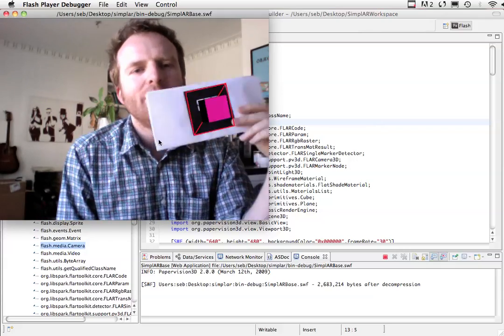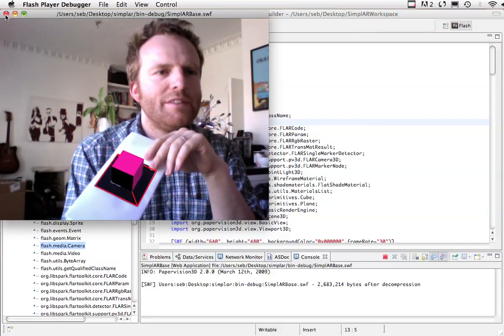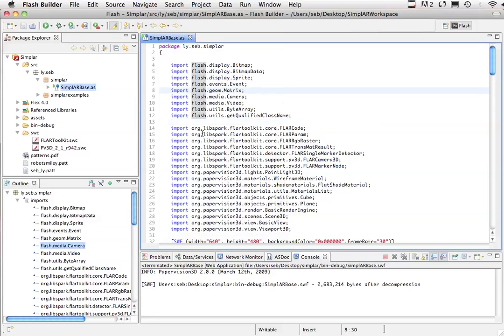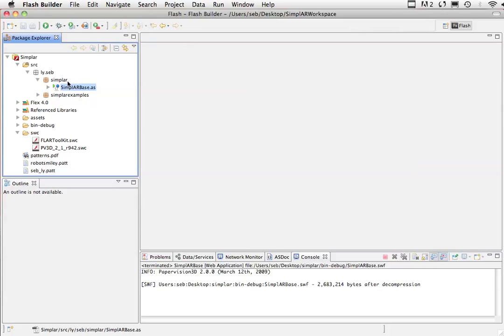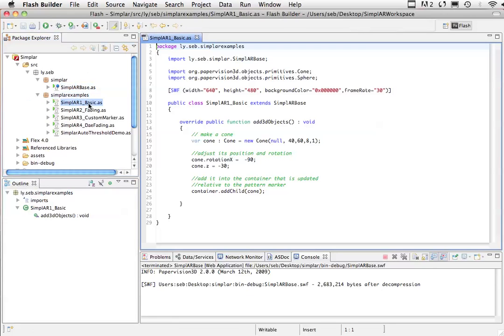So that's cool. We've got that up and running. We don't necessarily need to look at this code, but if you did want to add more complex functionality, you can certainly dig around there and learn how it works. But the best thing about this is that it's really easy to get up and running. So here, for example, is the simplest, well, I suppose it's a Hello World app, isn't it? But all we're doing is extending SimplAR base and creating a 3D cone, that's a Papervision object, adjusting its